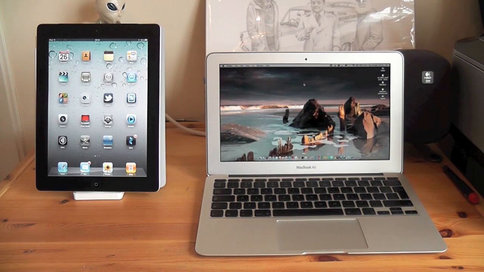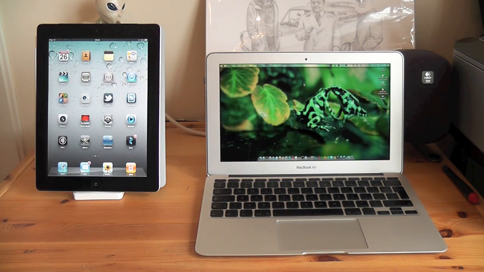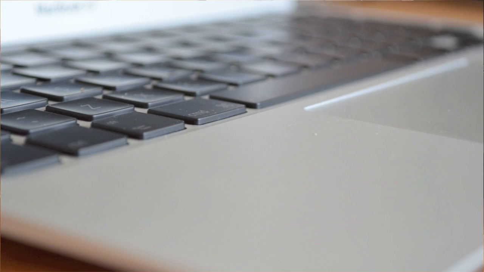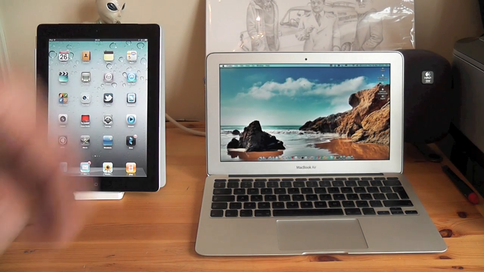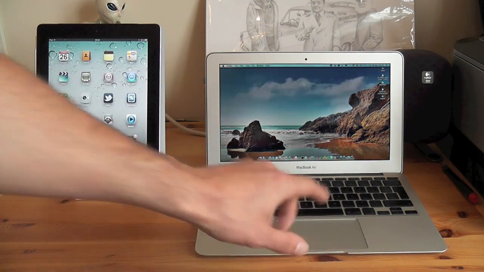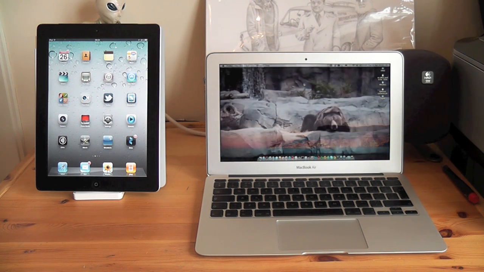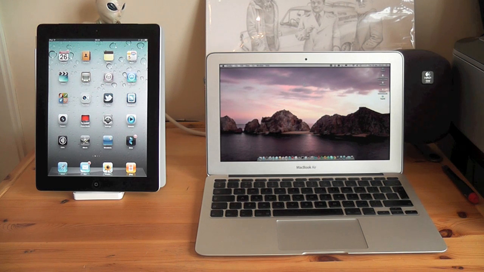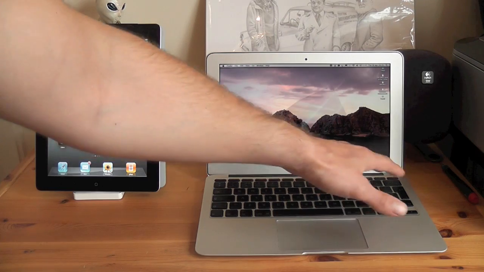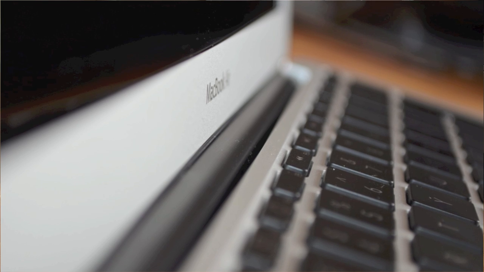Now on the iPad you're really kind of restricted to the input method. You've just got your simple touch and swipe system there. You've got the ability to do pinch and zoom, and you've also got the ability to bring up the on-screen keyboard and type into that. On the MacBook Air we've got the trackpad here, which supports full multi-gestures, so you get the ability to navigate pages back and forwards, scroll up and down, pinch and zoom, rotate, all the other things that come with multi-touch gestures. You also get a full-size keyboard that is much easier and nicer to use than the on-screen keyboard on